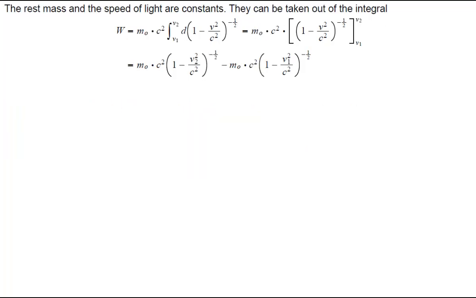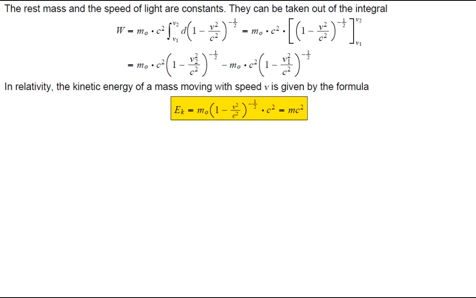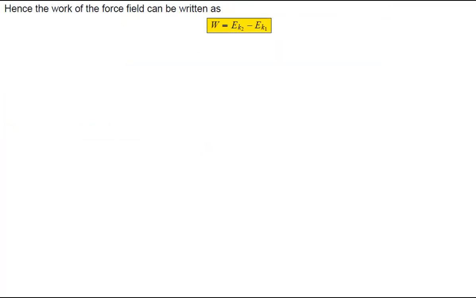The rest mass and the speed of light are constants. They can be taken out of the integral. In relativity, the kinetic energy of a mass moving with speed v is given by the formula, where m is the relativistic mass. Hence, the work of the force field can be written as